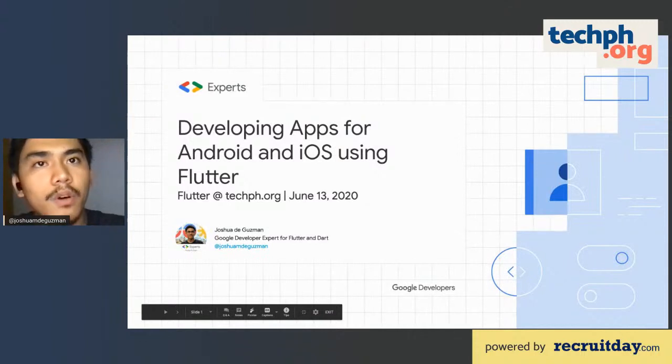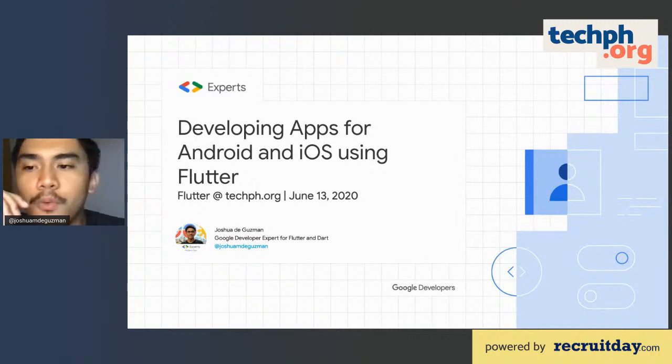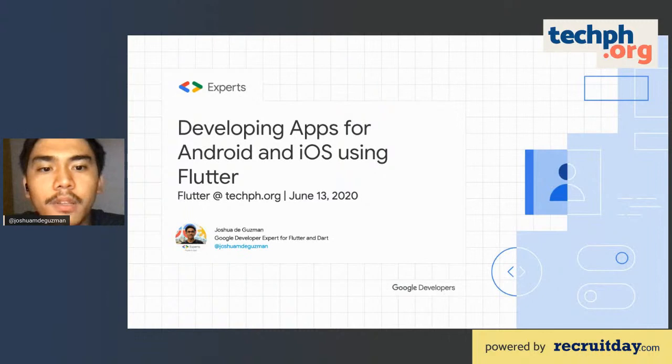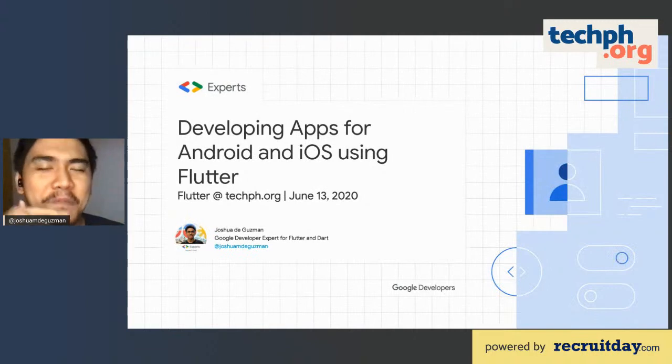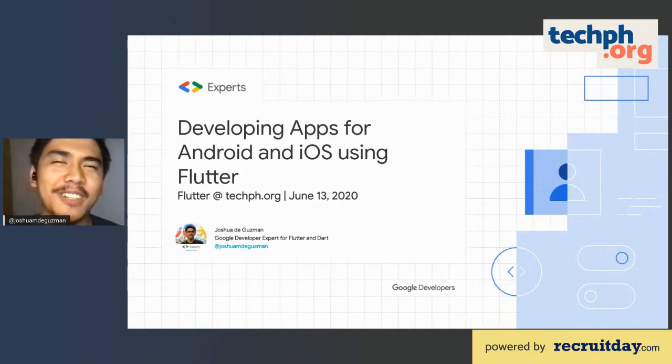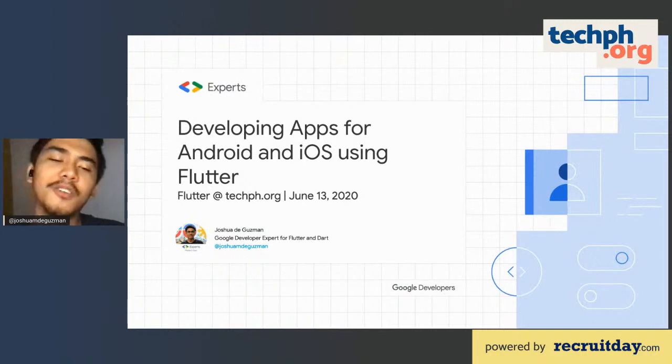In this talk, hopefully you'll get more confident using Flutter. You'll get the chance to know what things and tools you need to be able to create Flutter apps. After describing what Flutter actually is and how it works, we'll start right away on the live coding, where we will deal with two practical approaches. The first is building a prototype out of a Dribbble design that I just extracted online. Last but not least, we'll try to get a basic understanding of how you would manage state in Flutter, because we often get a lot of questions from our meetups and webinars about what the best state management or architecture to use is.